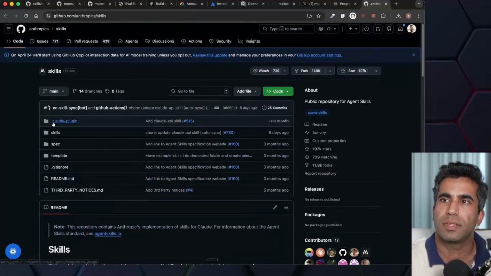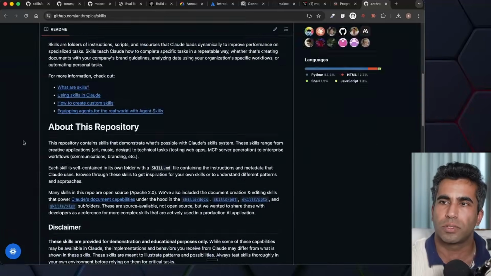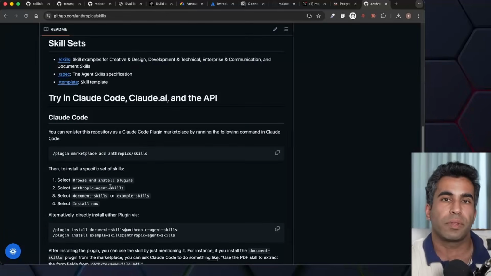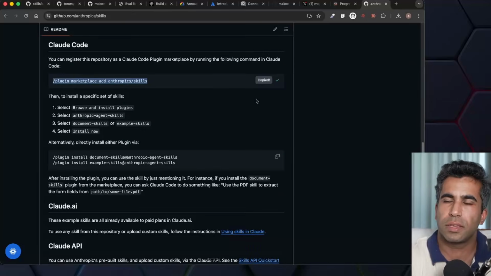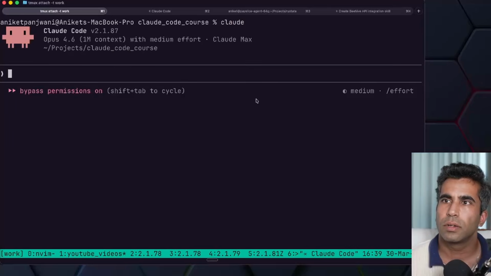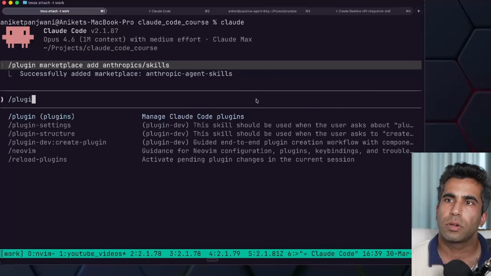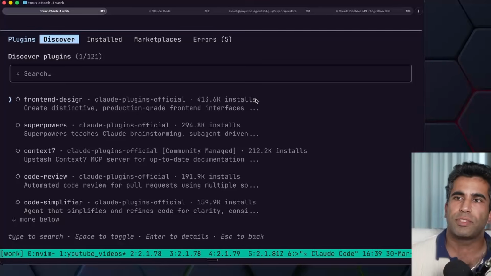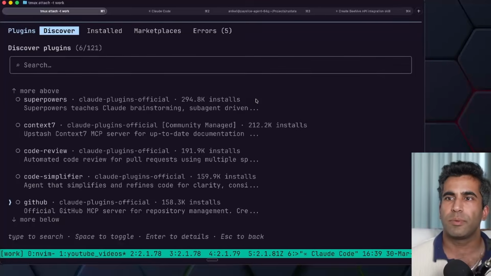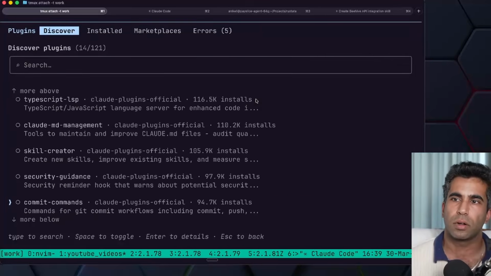A marketplace is simply a Git repository, and a marketplace can contain multiple plugins. So by first registering a marketplace like this, then going to Claude Code, adding it, you can now go to plugins here,